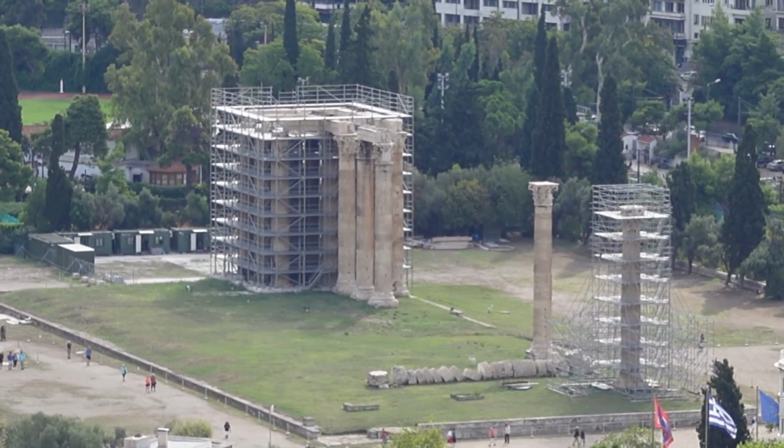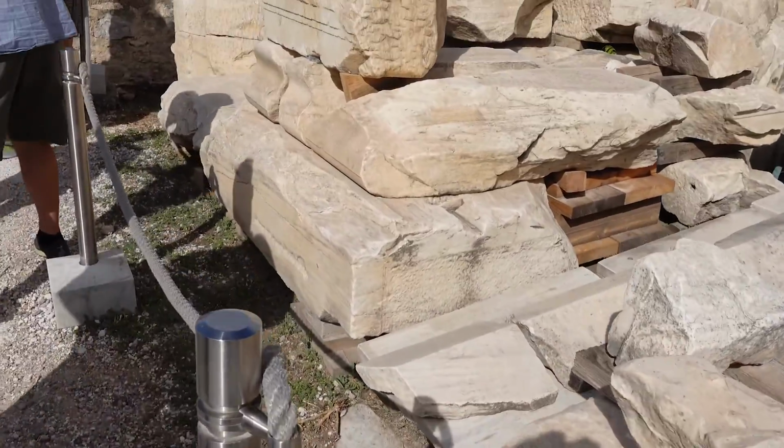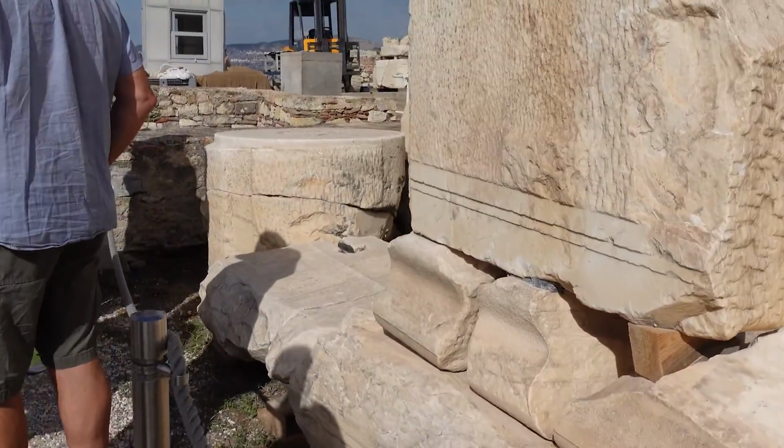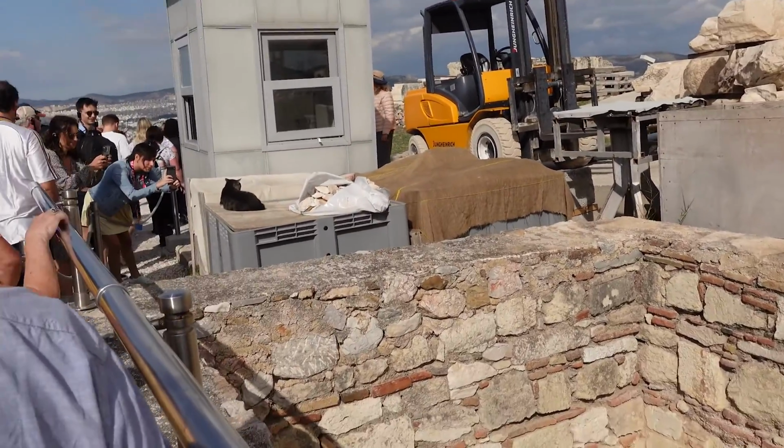Pretty cool. And if you reach over the rope and touch any of this marble or remnants of marble, you will get yelled at and get in big, big trouble. So don't do that. And the best part of visiting this site by far,